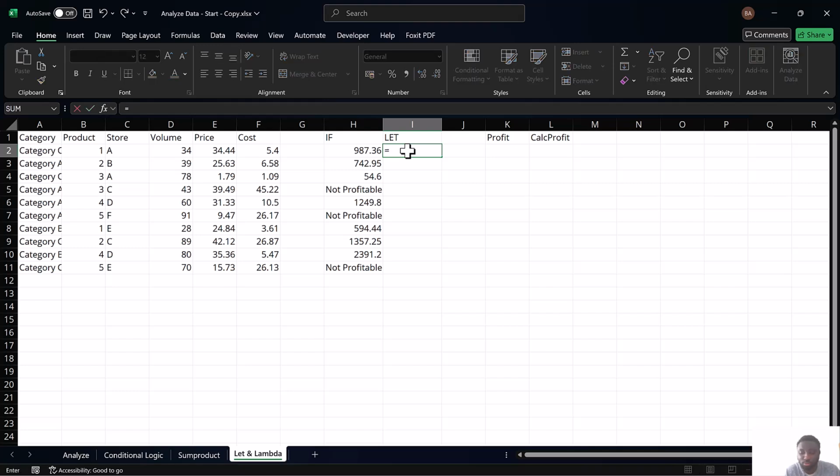Now we are going to do the same for the let function. So equals to let. So let profit, okay, be this multiplying that, minus this multiplying that. Now, if